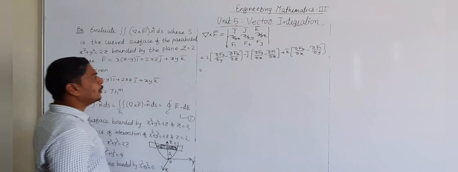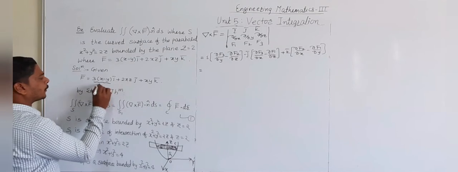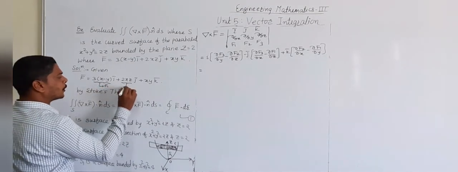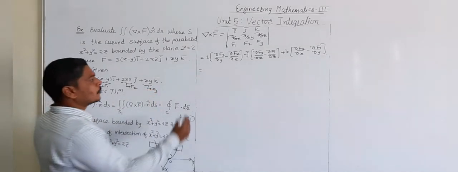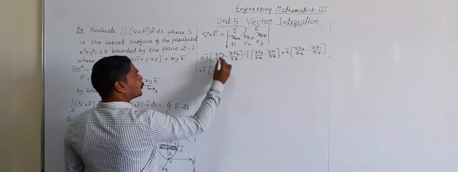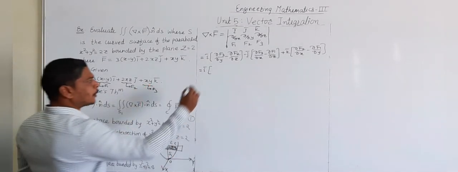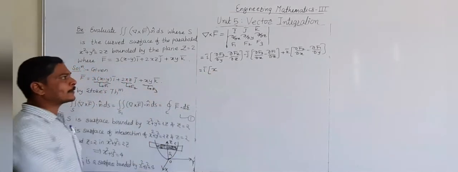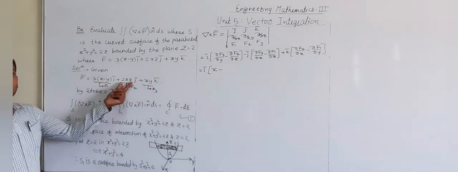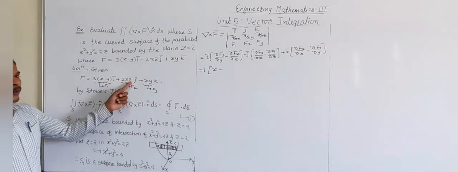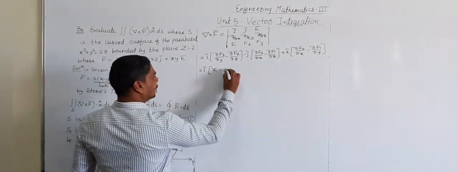Now find these partial derivatives of F1, F2, F3 with respect to x, y, z. So in our equation, the coefficient of I bar is F1, the coefficient of J bar is F2, the coefficient of k bar is F3. Okay. So I bar into bracket partial derivative of F3 with respect to y. So this is our F3. Its partial derivative with respect to y becomes 1 into constant x as it is, minus partial derivative of F2 with respect to z. So this is our F2, its partial derivative with respect to z becomes 1 because the function of z is z, and this 2x is constant. So 2x as it is.